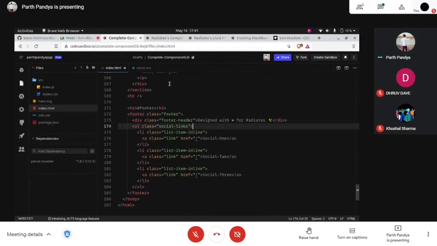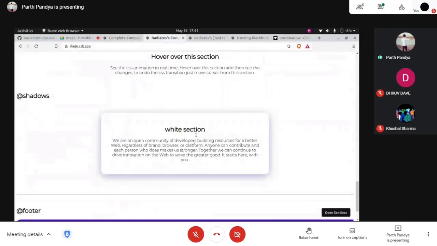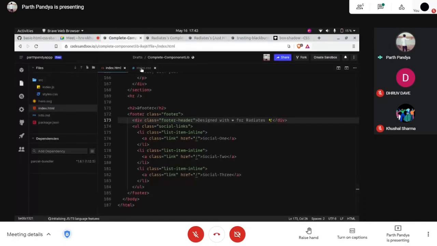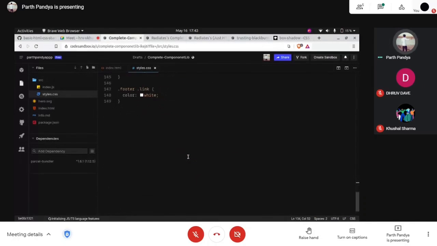Now what we want is a navigation bar like this: social 1, social 2, social 3. We want every item in that styled with the footer header.